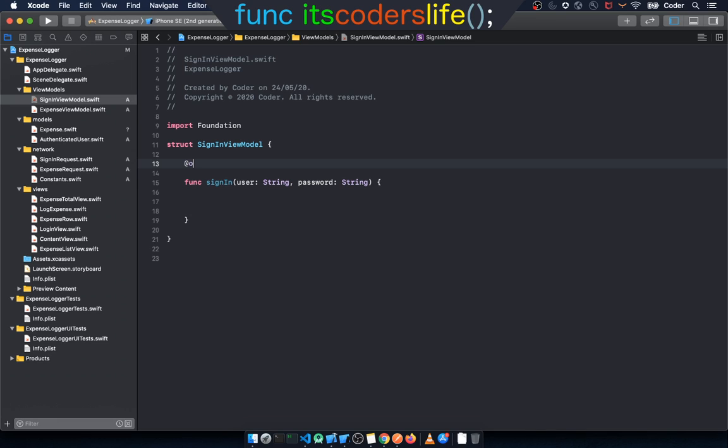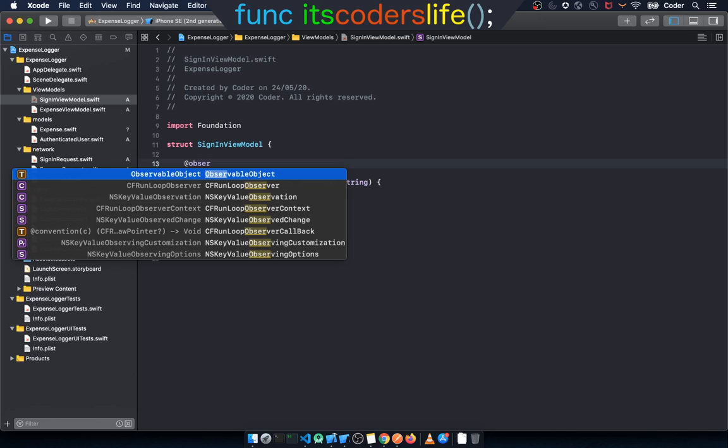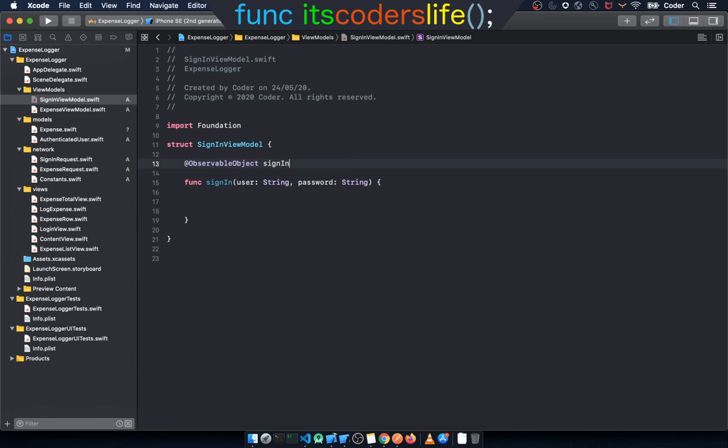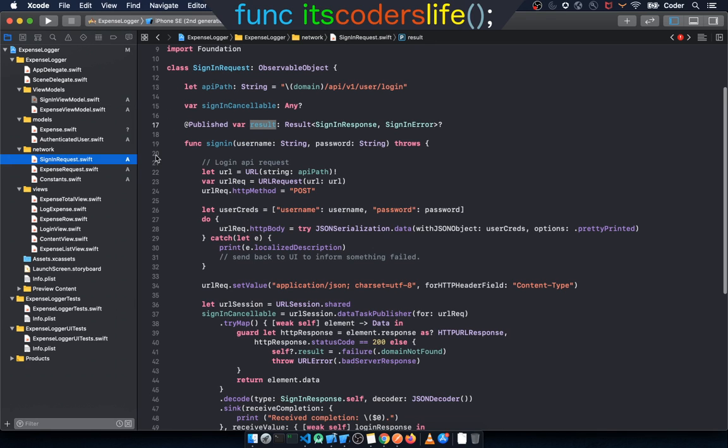So at observable object, signed in user, so this is published, result is published, result will have sign in response,